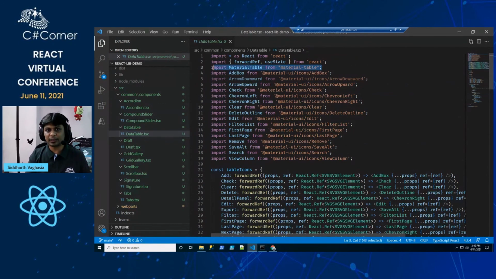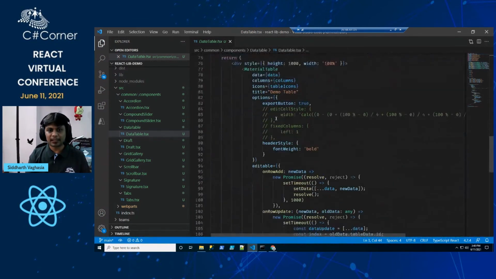First thing is you import it. As I said, this is based on Material UI. As a part of Material UI, we just get the table, like the list view and everything. So this particular developer used the Material UI basic table and added some capabilities like editing and everything which we are seeing. This is the good thing about community: if something is open source, people will use it, plus they get an opportunity to extend it, and then open source it again.